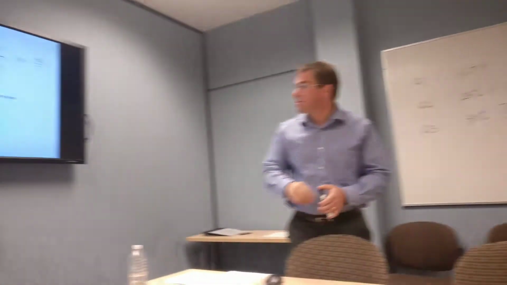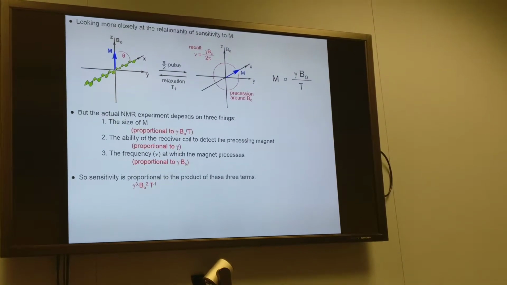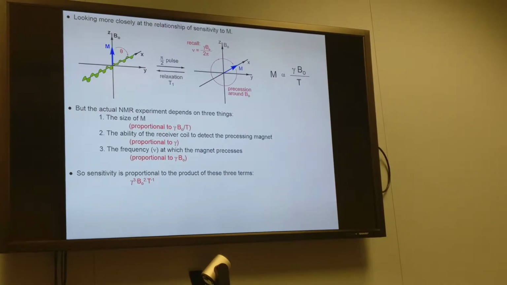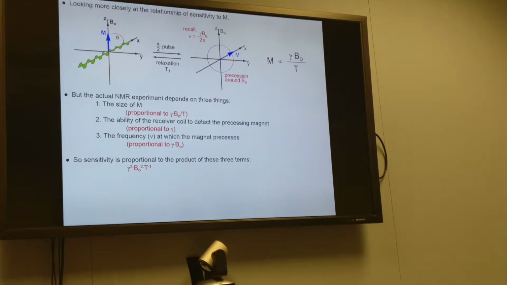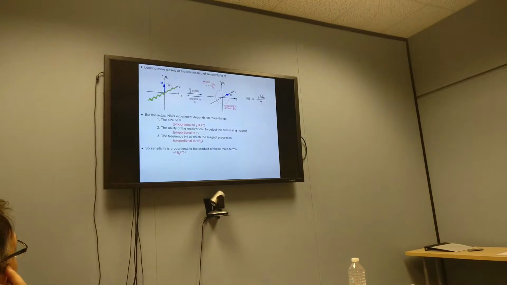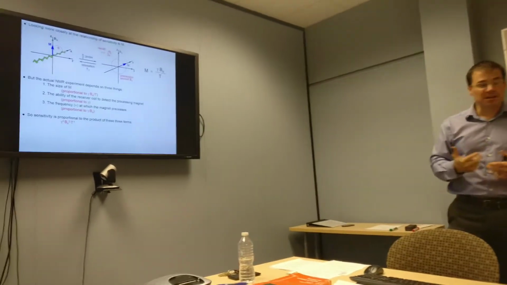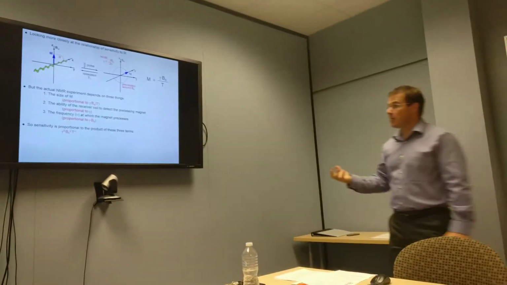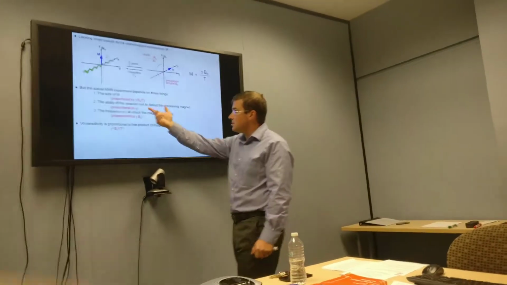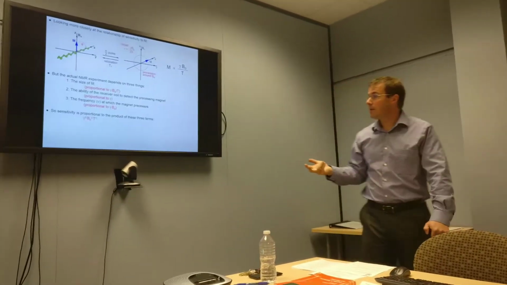Well, it turns out that if you think about what you're doing in an NMR experiment, you're inducing this magnetization vector, and then you're measuring the effect of that magnetization vector as it decays back to its ground state. And so the actual NMR experiment is going to depend on three things. It's going to depend on the size of the magnetization vector, and that's going to be proportional, as we've already said, to the magnetogyric ratio times B naught, the applied magnetic field,